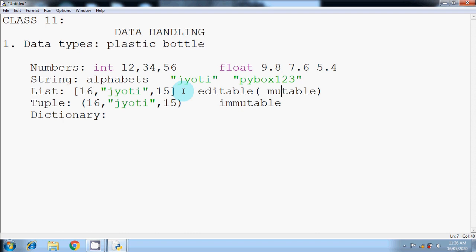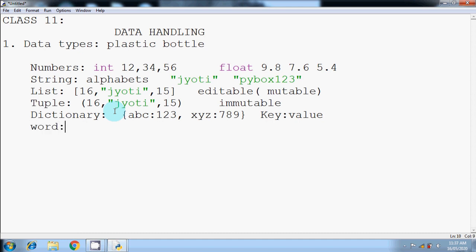We'll learn about these two later in much more detail because they are separate independent topics and they are very important in the Python language. Now coming to the next type of data, it is the dictionary. In a dictionary we use opening and closing braces, and in this we use a key and a value. For example, if I write ABC, then I write XYZ colon 789. So these are two different values. The value written before the colon is called the key, and the value written after the colon is the value. So it is like key value pairs.